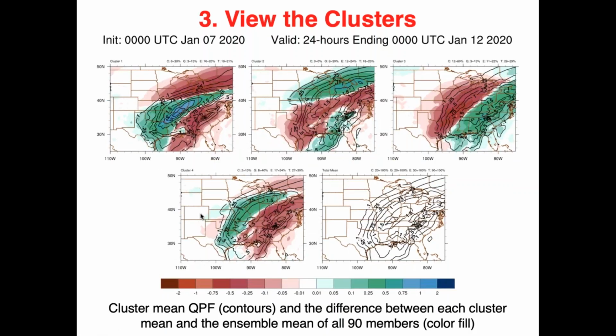a lot of the interpretations are similar to the forecast that was made on the 5th of January. So this cluster here, which was less amplified, we can see it's cutting down on precipitation amounts on the northern periphery of the storm. This cluster here, which was more amplified with the trough ridge couplet, is definitely increasing precipitation amounts on the northern periphery here, well over 1.5 inches of rain being expected from that central Illinois to southern